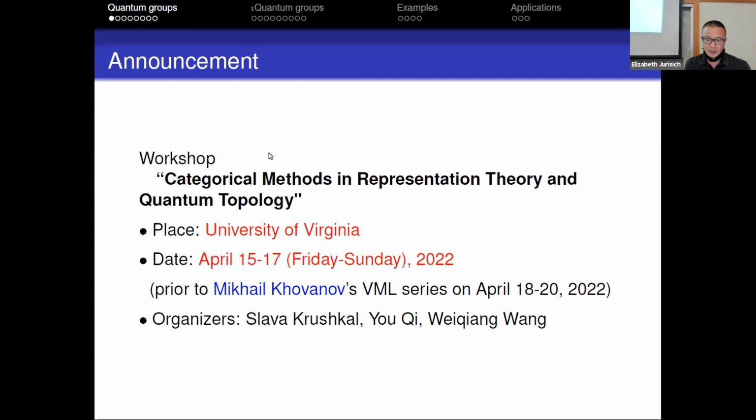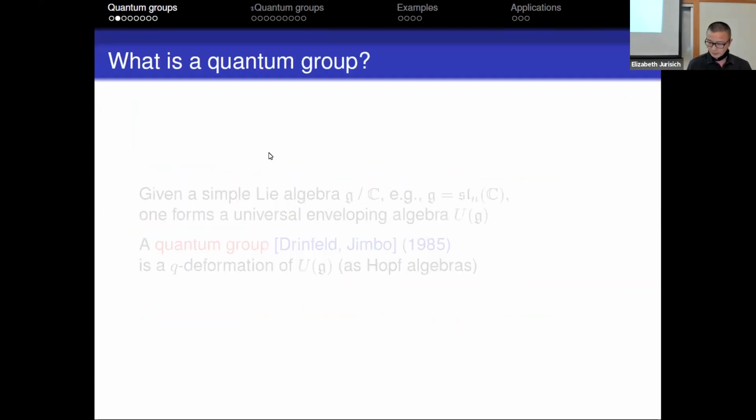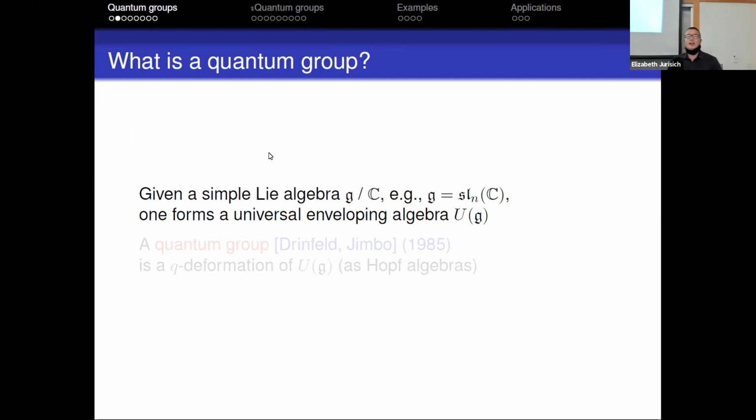All right. So this announcement, I hope you all took a look. The title of my talk is from quantum group to iQuantum group. I will explain what iQuantum group means, but starting from quantum group. Well, given a simple Lie algebra like sl2 or sln, you can define the associative algebra, the universal enveloping algebra, U of